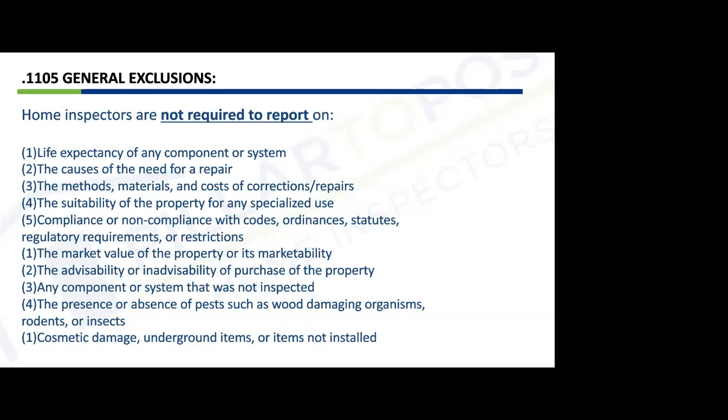So we actually lost an inspector 10 years ago. They had built an addition on the back of the house over the abandoned oil tank. As he was climbing under the house, it gave way, and he was trapped under there for days. Nobody ever found him. He died. So now imagine that's you and your client, and you're walking through, looking at the roof,